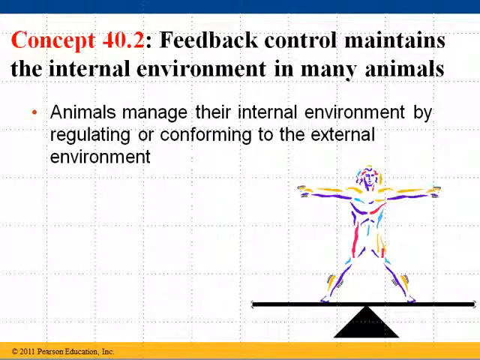Concept 40.2 is all about homeostasis, the word homeostasis. Feedback control maintains the internal environment in many animals. For a creature to survive and live, especially a complex creature made up of trillions of cells, you have to deal with the ever-changing external environment, and the ups and downs that the external environment goes through is not really